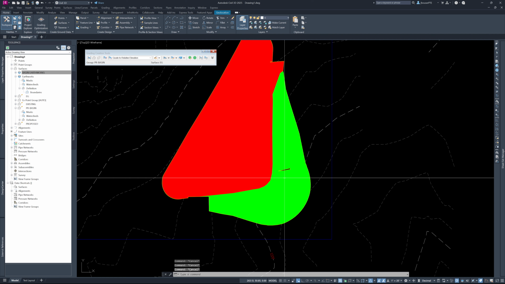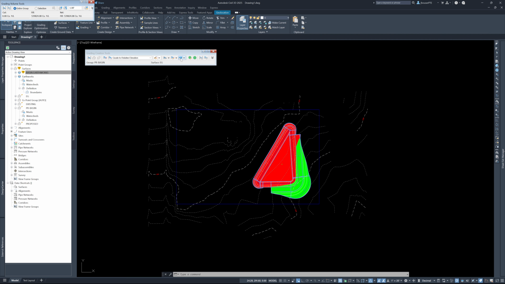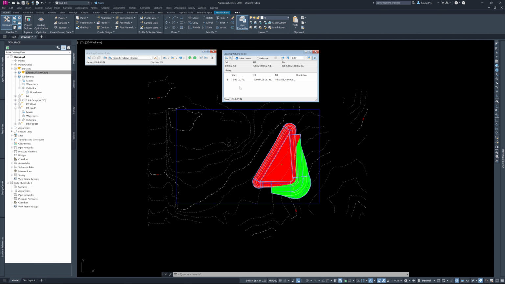Now we should be able to go up here. Oh, we need to set a surface for our volume base surface. Hit OK. Now when we go here, we got this new toolbar that allows us to do multiple different things. Now, I haven't used this in a while, so I'm not quite sure how it's going to work. Right now, it looks like